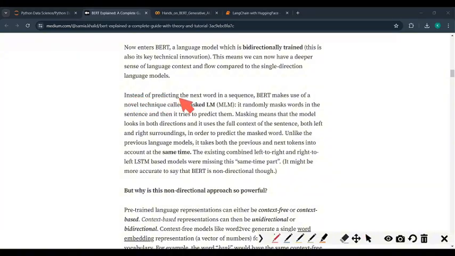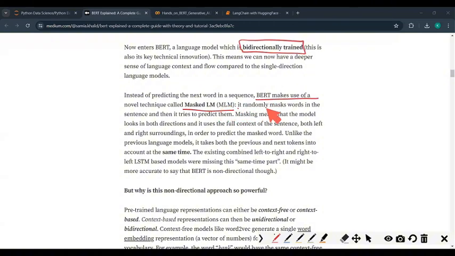Now, instead of predicting the next word in a sequence, BERT makes use of a novel technique called masked language model. So we are going to understand now how BERT is able to do these things, and how it is able to perform better than the previous language models. First, it is bidirectionally trained. Any statement it is given, it learns from two directions at the same time to understand the context much faster. And how does it do that? The first technique it uses is called masked language model, or masked LM,